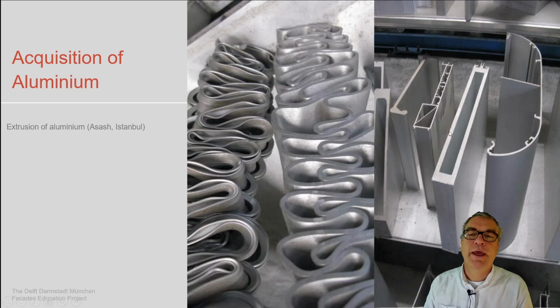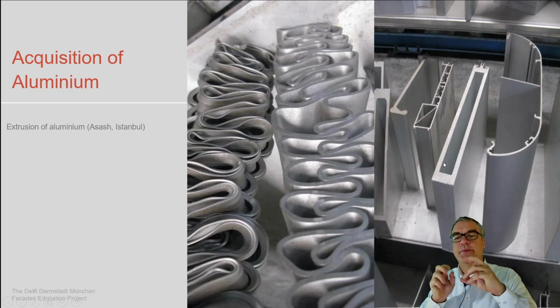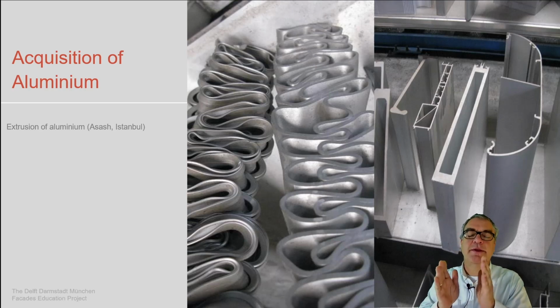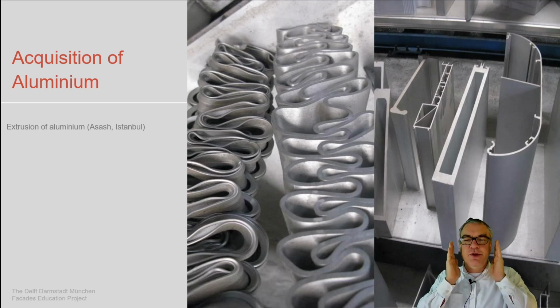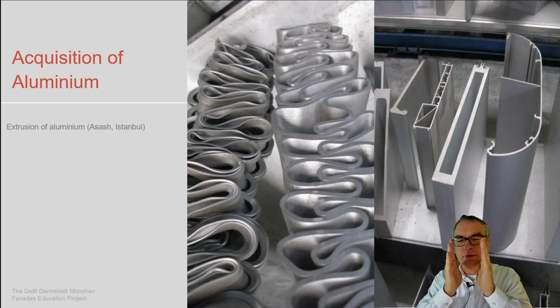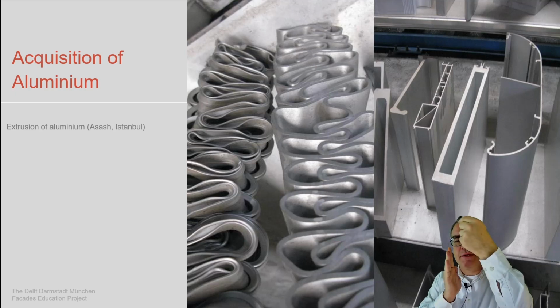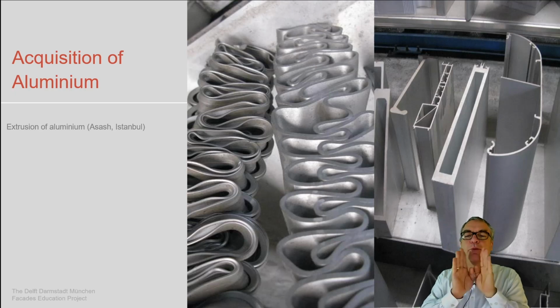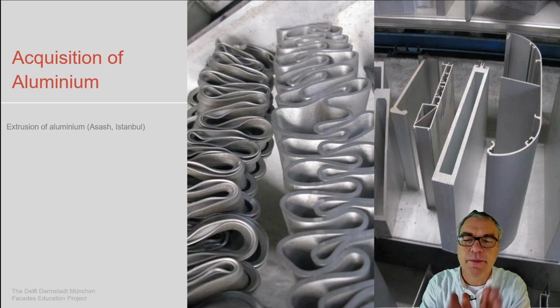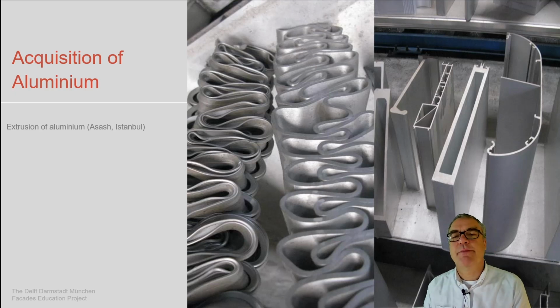So we see the outer shape, we see the inner shape, and we can imagine that this extrusion die needs to secure that the aluminium is able to be shaped at the outside and at the inside. To be shaped at the inside, the inner component of the die needs to be held in position, and the aluminium has to flow around these arms which keep it in position to then create this shape.